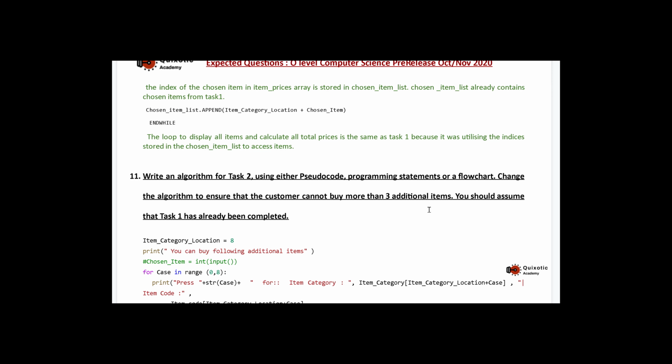So if you recall, we had a task 3 in our original pre-release, and task 3 was about the discount. It said that you can give a discount of 10% if more than one item is bought, and if only one additional item is bought, then the discount is 5%, and if no additional item is bought, the discount was 0. So we used a variable named number of additional items to count the number of additional items. We are going to use the same approach here.